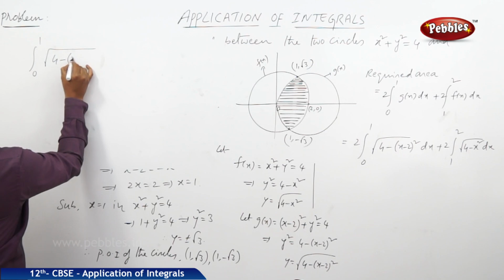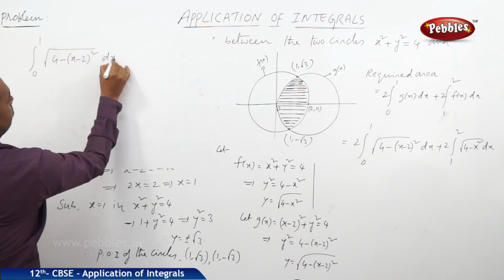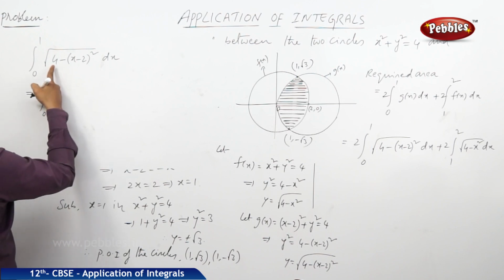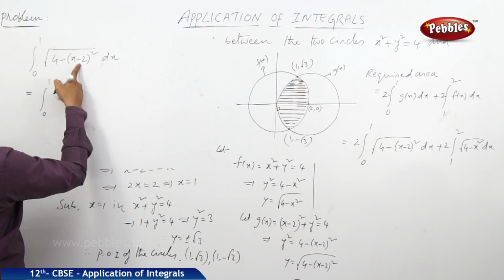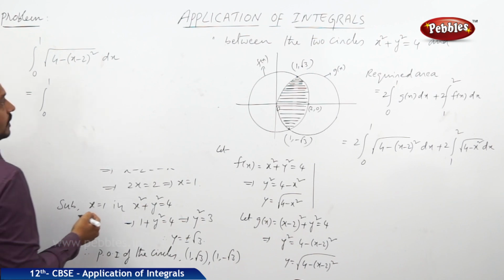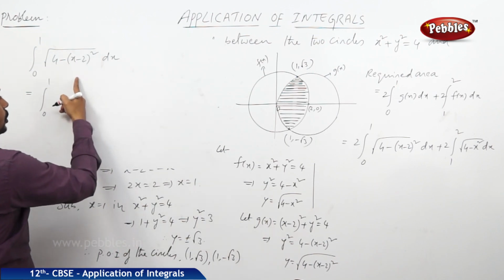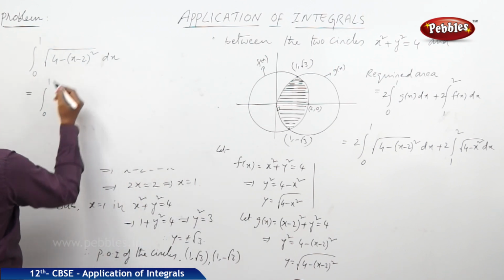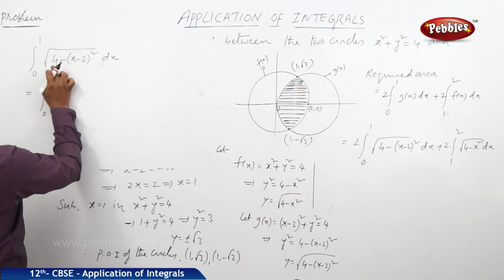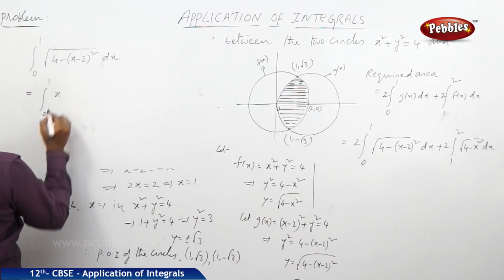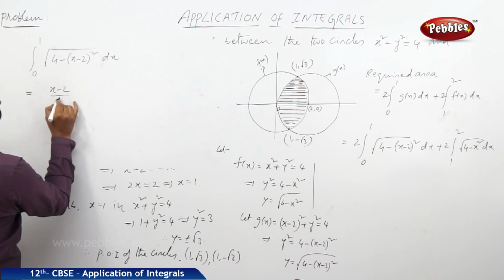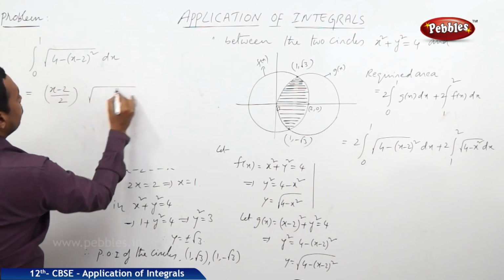minus (x minus 2) whole square into dx, that is equal to integral 0 to 1. Now, it is in the form of root a square minus x square. So, we have the formula of root a square minus x square dx is given by x by 2 into root of a square minus x square plus a square by 2 into sin inverse x by a, where x is equal to x minus 2 and a is equal to 2. Therefore, I am writing the direct step here, (x minus 2) by 2 into root of 4